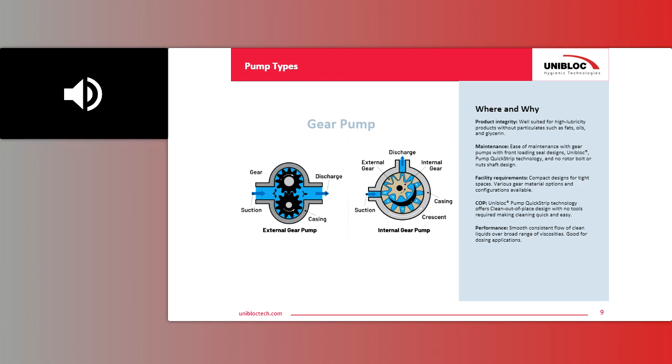And they're very repeatable on the output of the pump, or the displacement of the pump. So a lot of times they're used for dosing pumps to feed because they're very consistent. You can actually give a fixed amount of liquid flow based on the speed of the pump. So it's very repeatable. This pump technology is traditionally a COP technology, clean out of place. The design of the pump as well as the technology, you can't CIP these pumps. From a performance standpoint, they're designed again for thin, clean liquids, but they will handle higher viscosities compared to one of the other technologies we'll see in a minute, which are centrifugal pumps,